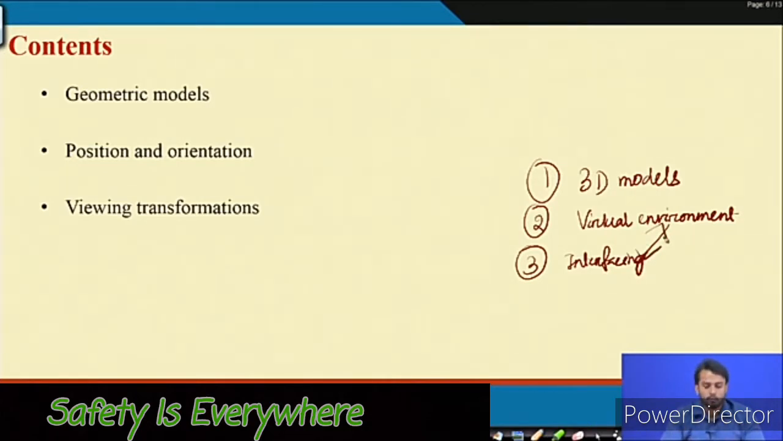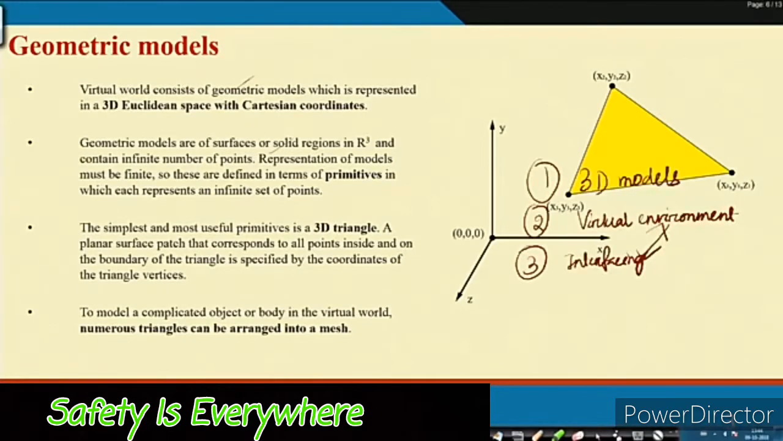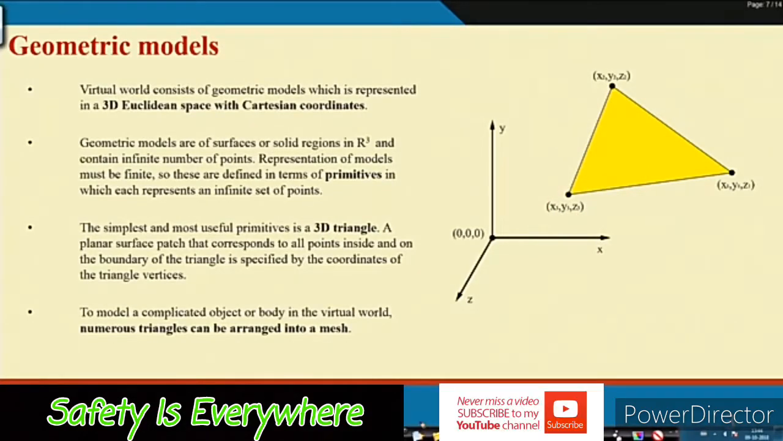So for knowing the 3D models, virtual environment and interfacing, we should know how the mathematical background is taken care of in different models. For that we should be knowing the geometric models along with position and orientation, along with the various types of transformation. So in these geometric models, first we should know that the virtual world consists of geometric models which are represented in